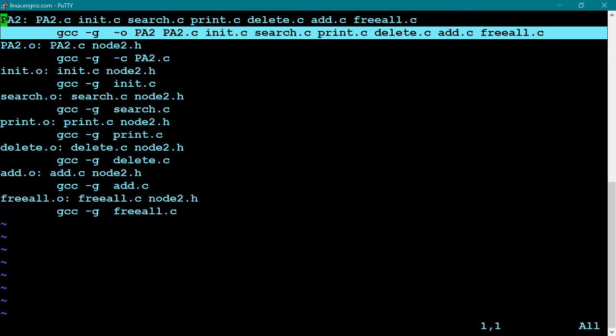All right, so if all we have are our source files and we say make, it builds everything together. And if we say make again, it says PA2 is up to date. So it's a more efficient kind of make file. Like I say, the ones that you turned in for PA2, if they were doing